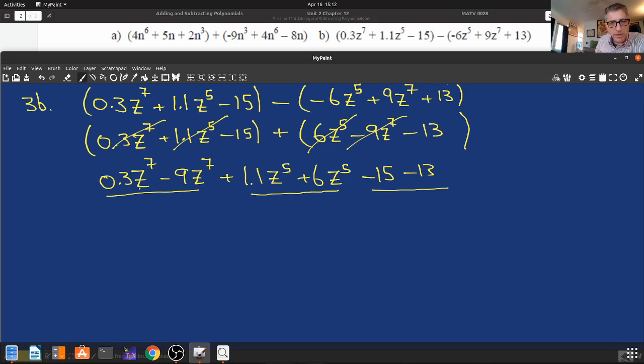So 0.3 minus 9. So minus 9 plus 0.3 is the same as, I'm going to change the signs, and then I'm going to negate my answer. So 9 minus 0.3, 8, 10, 7, 8.7. And since I changed those signs, I'm going to change my answer. So that's minus 8.7